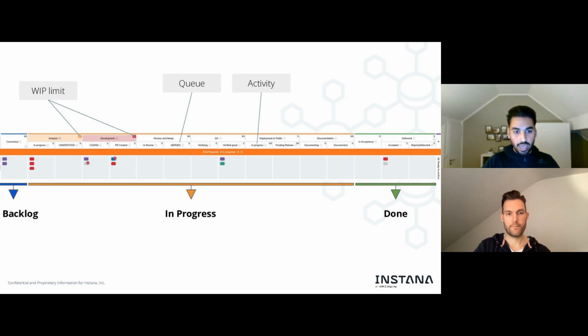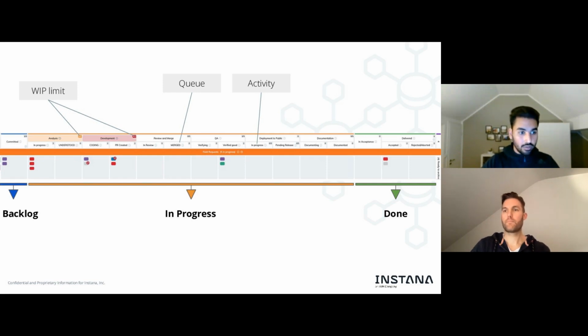And again, this is something I really want to emphasize because I think at Instana, right, when you introduce change, you have people fearing these kinds of boards as well, because they would say, well, this is way too complicated. I just want to do my work and I don't want to spend too much time in there. But you should always remember that every team can actually decide on their board and design it the way they want.